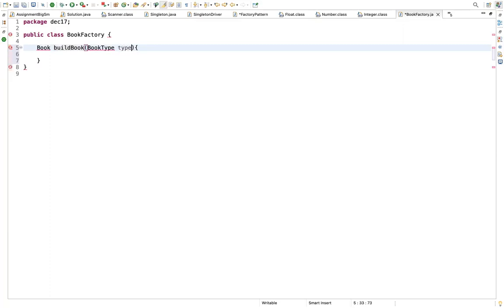Now within that, let's create our object, Book B, or whatever reference you want, and initialize it with null. Your object is not yet created.